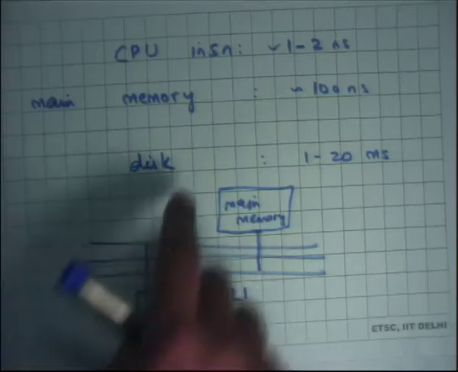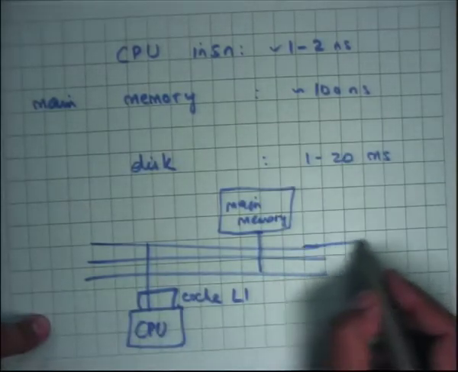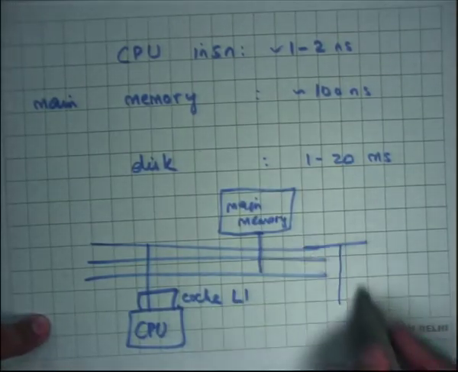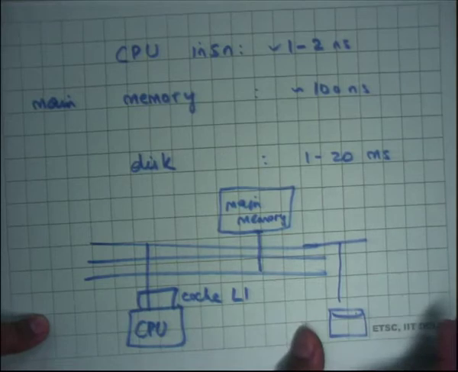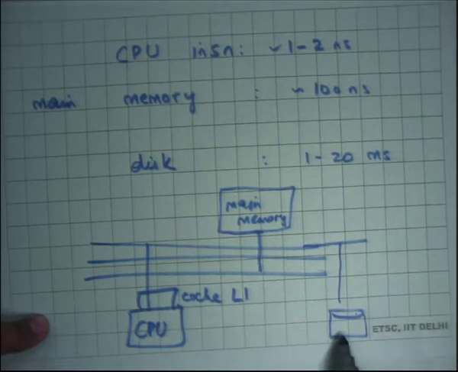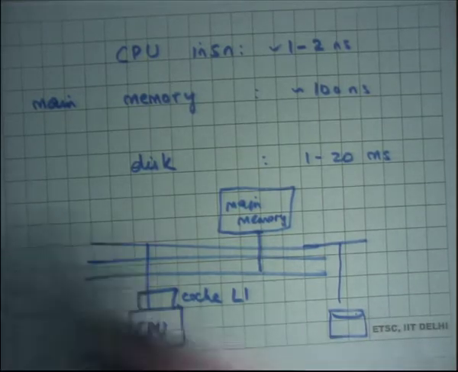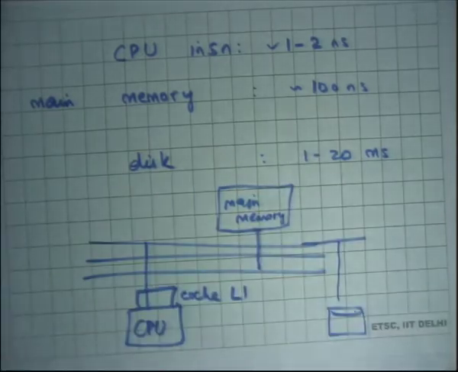On the other hand, something like a disk, the disk transaction also goes through this bus, but eventually the bottleneck, so let's say I draw a disk somewhere here, the bottleneck is really in the disk device itself, because the disk device is a mechanical device, and we said that the disk usually takes on the order of milliseconds as opposed to nanoseconds. So actually it's a million times slower than your CPU.